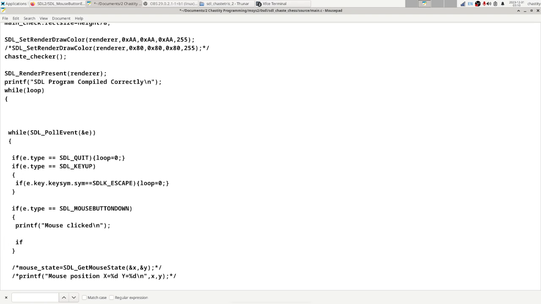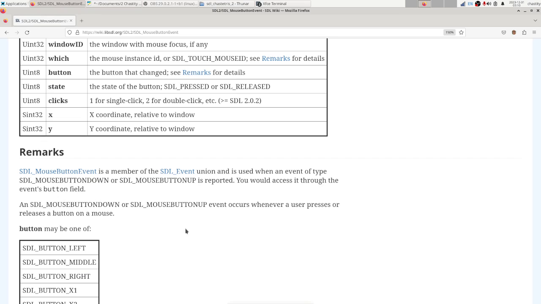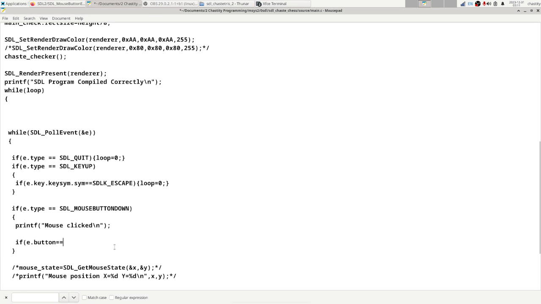If e dot button equals SDL button left, then we're going to print